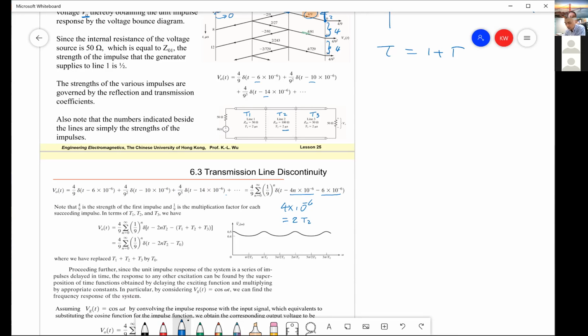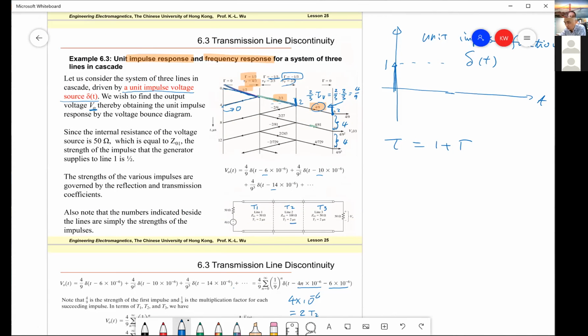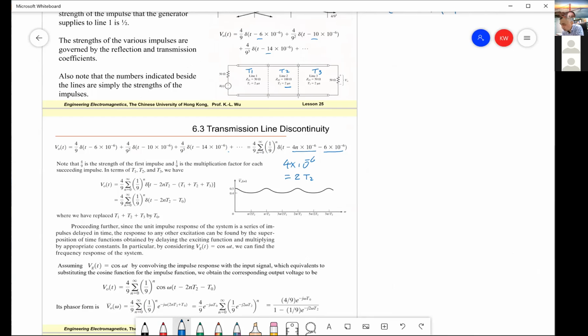Then this is a term when n equals 0. This is the initial time, right? So the initial time for the signal to travel t1, t2, t3, right? So this basically is t1 plus t2 plus t3. Then this is this term. Okay, this is this term, right? Then you can see